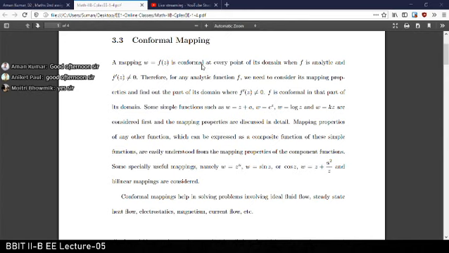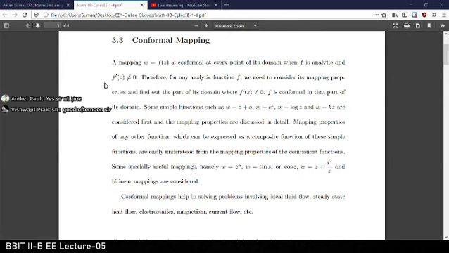So far, we have learned how to differentiate complex functions, and with that we learned what the Cauchy-Riemann equation is. Using the Cauchy-Riemann equation, we saw how to find the complex harmonic conjugate, using either the Cauchy-Riemann equation or the Milne-Thomson method. So this part I think you are clear, and if there is any question,